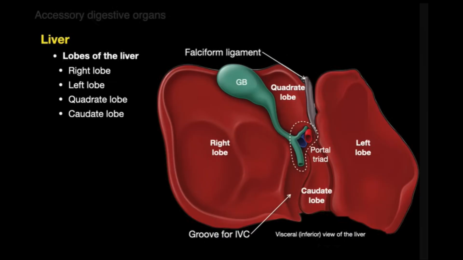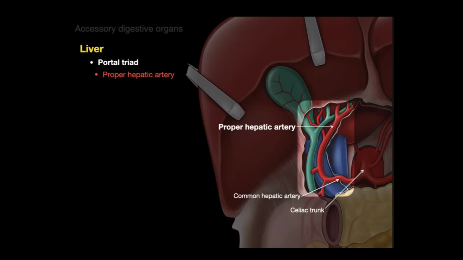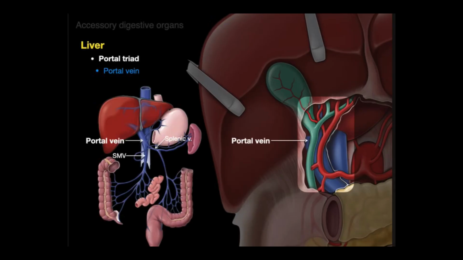Now, what is the portal triad? The portal triad consists of the proper hepatic artery. The branches of the hepatic artery course from the celiac trunk itself, and the celiac trunk forms the common hepatic artery, and the common hepatic artery splits into the proper hepatic artery. And the portal vein